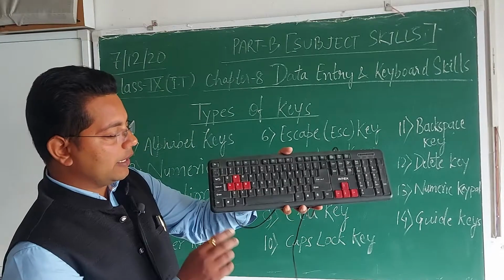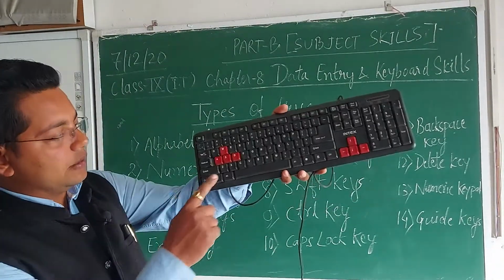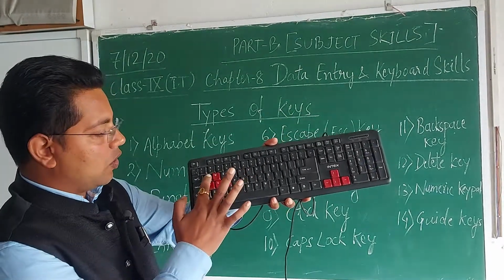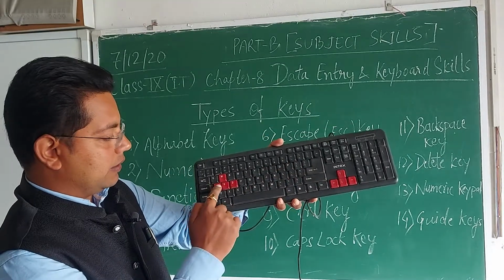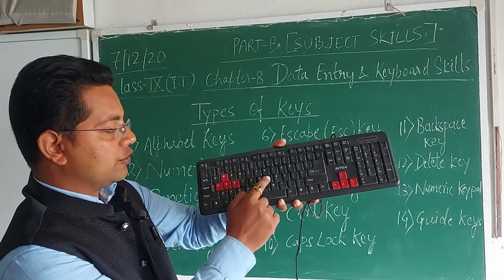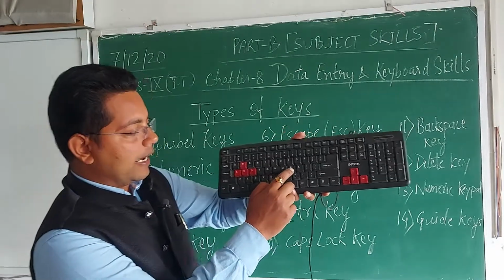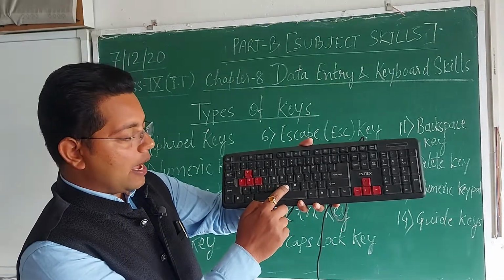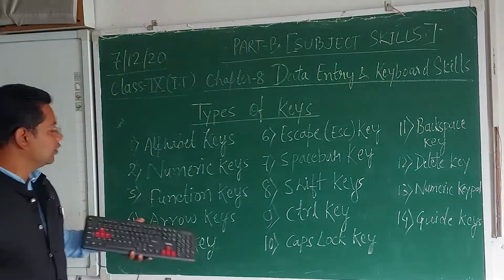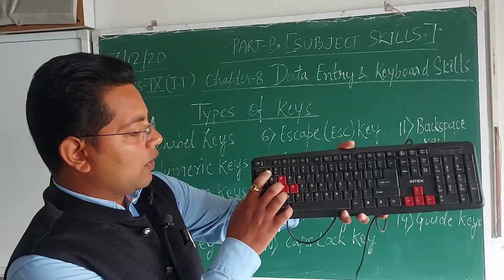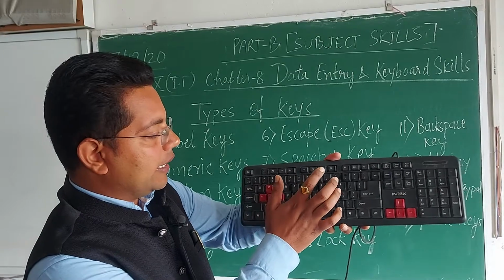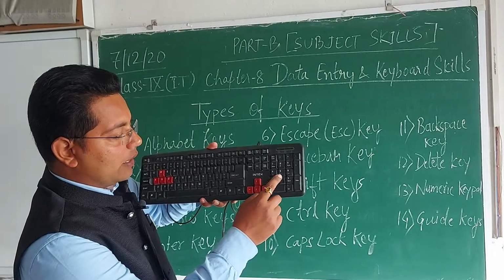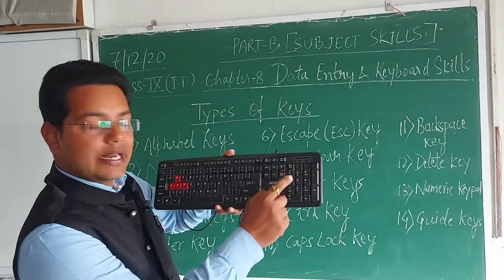See, this is the keyboard, right? So the first one is alphabet keys. You can see clearly Q, W, E, R, T, Y. So A to Z alphabets are there. So all the alphabet keys are present. See here. This may be A, S, D, F, G, H, J, K, L. After that Z, X, C, V, B, N, M. Okay. Now next, that is numeric keys. So numeric keys are here also. 1, 2, 3, 4, 5, 6, 7, 8, 9 and 0. And here also numeric keys are present. Okay. 1, 2, 3, 4, 5, 6, 7, 8, 9 and 0.